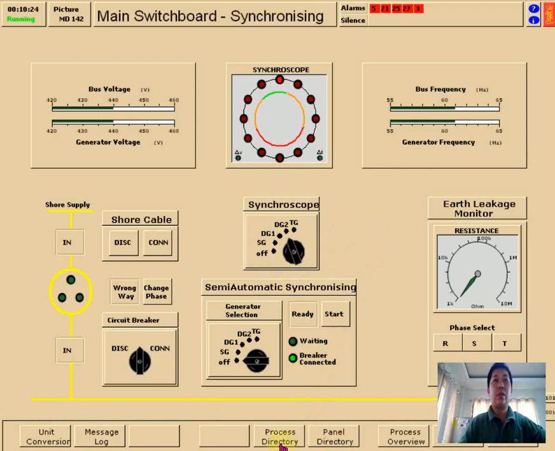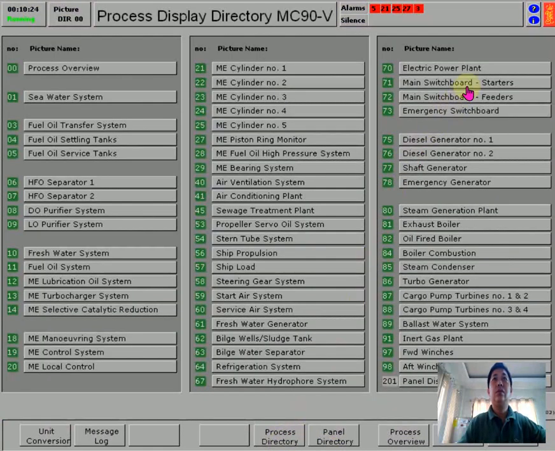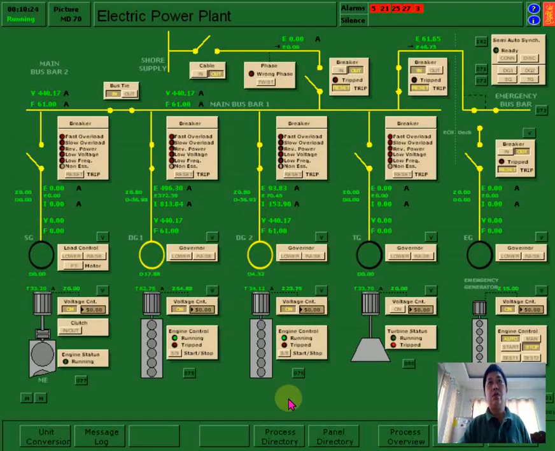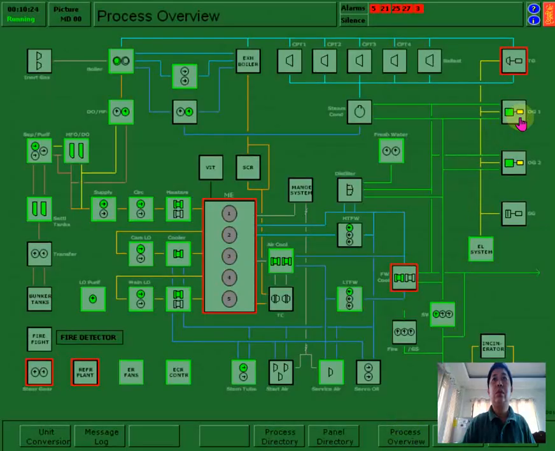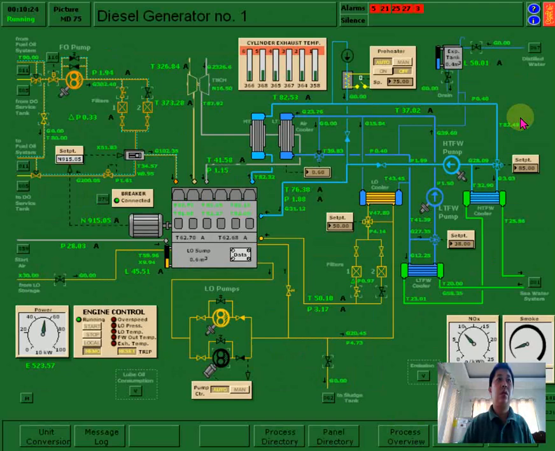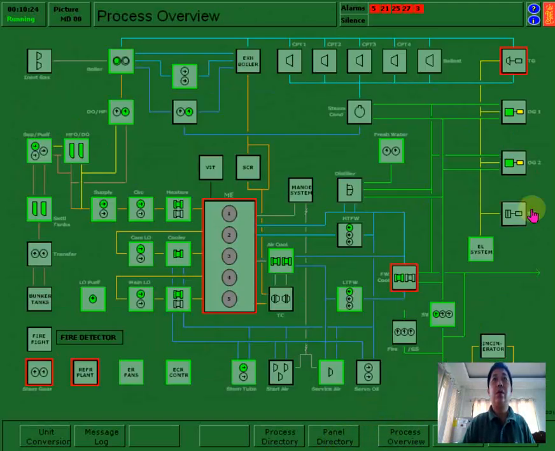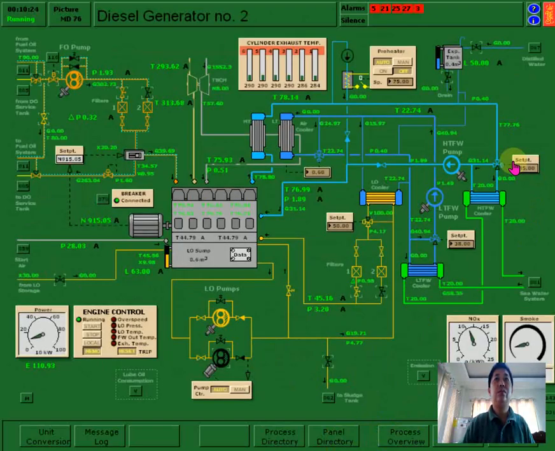As you can see here, breaker is already connected. So we are now in parallel. Generator now is in parallel. So I will check here generator. So I will check also the digito. So this is running in diesel oil.